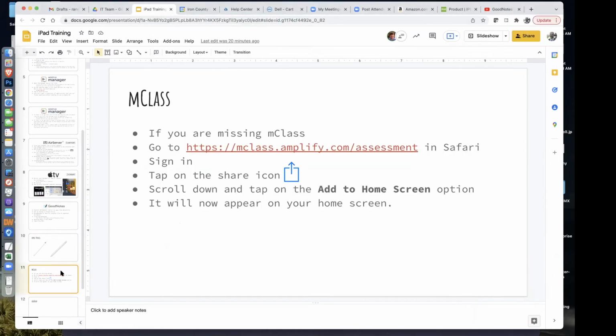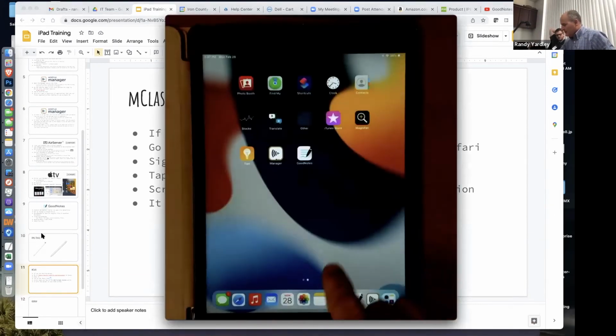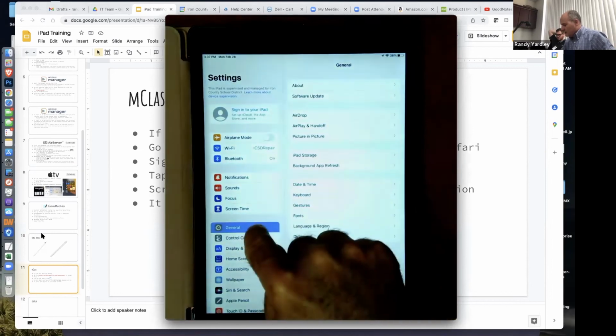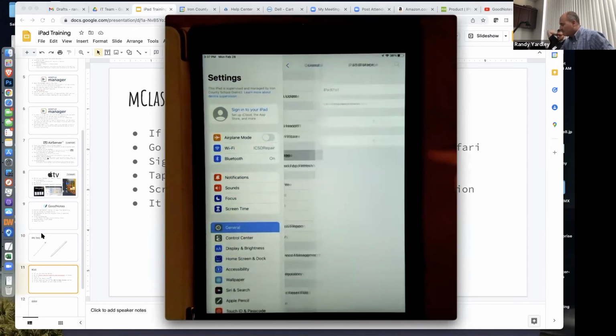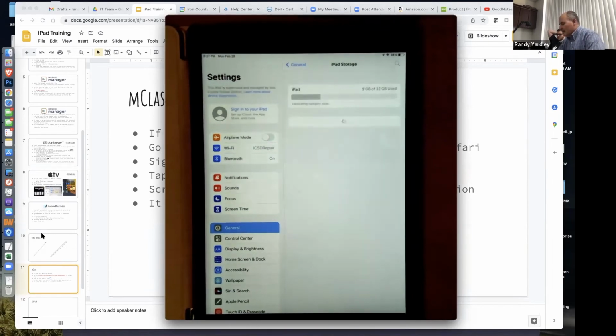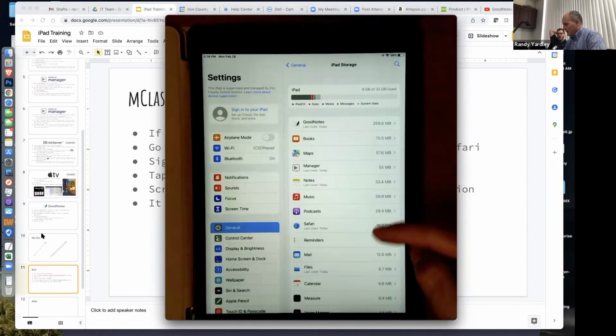I have a question. My iPad says I don't have enough storage to download GoodNotes. Ah, storage. This is a good one. So, okay. Settings, General, iPad Storage. This will give you a rundown of what's using all your space. Sometimes you can find out that in photos,